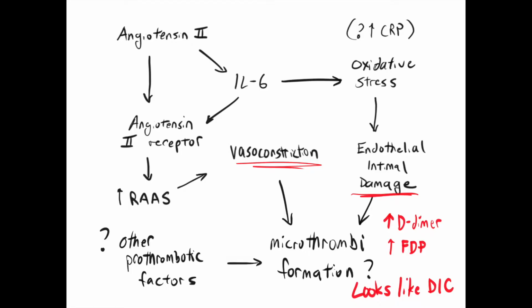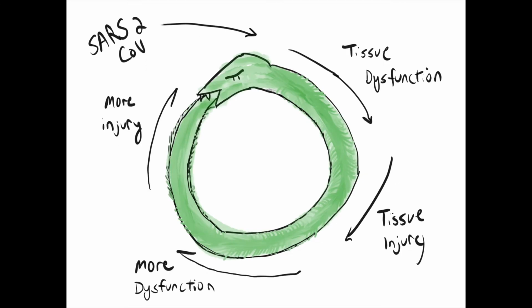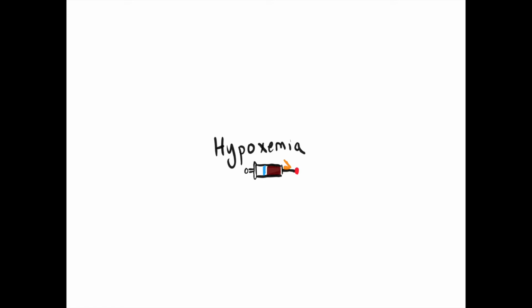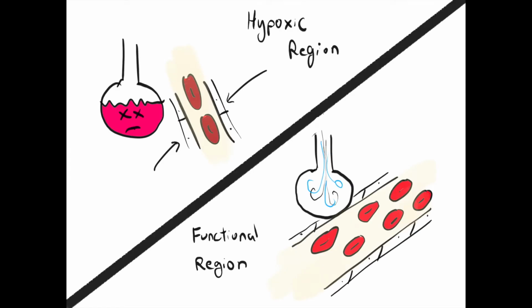Okay, now that we've surmised that the SARS-2 coronavirus induces some level of vasoconstriction from RAS, endothelial intimal damage from IL-6, and potentially a propensity for microthrombus formation in a DIC-like pattern, let's start to think bigger. The fun thing about pathophysiology loops is they are true loops, so really you could start anywhere. So let's start with what we know, which is that while not classical ARDS, a lot of these patients have bad hypoxemia. Hypoxia in the lung leads to regional pulmonary vasoconstriction, and this is independent of RAS.